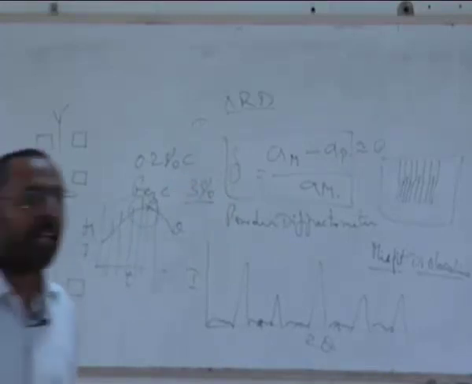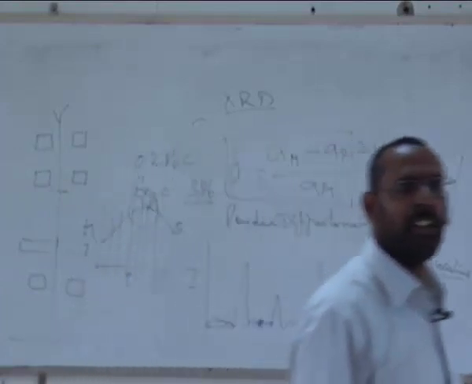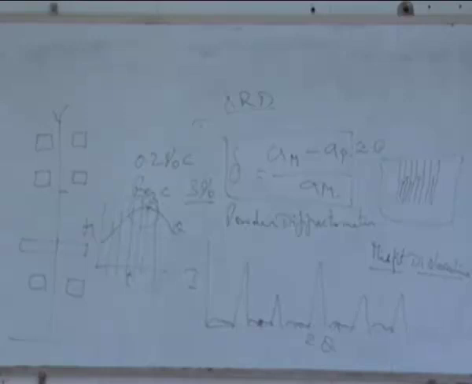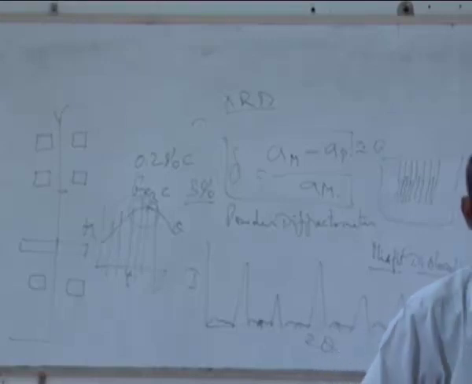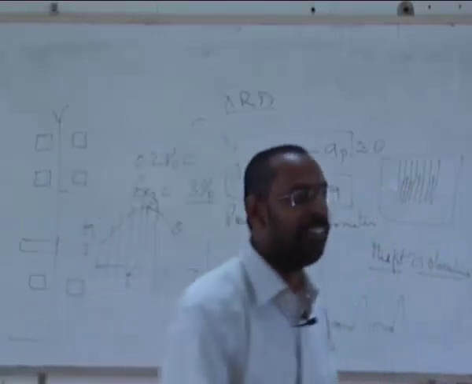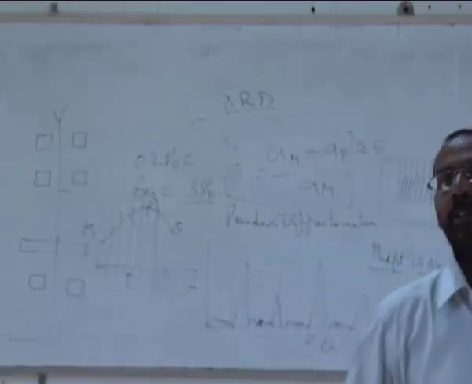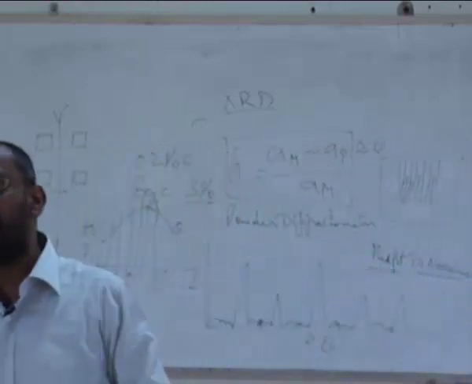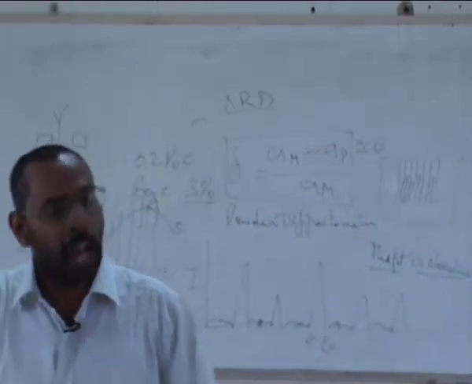Is there any formula between the interplanar distance and lattice parameter? d equals a by root of h square plus k square plus l square. Is this a universal formula? No, not for simple cubic alone. It is for cubic. Whether it is simple cubic or BCC or FCC, for all three of them you can use that. So this is a formula for cubic. Similarly, there are other formulas for other crystal structures, and we have relations like that.